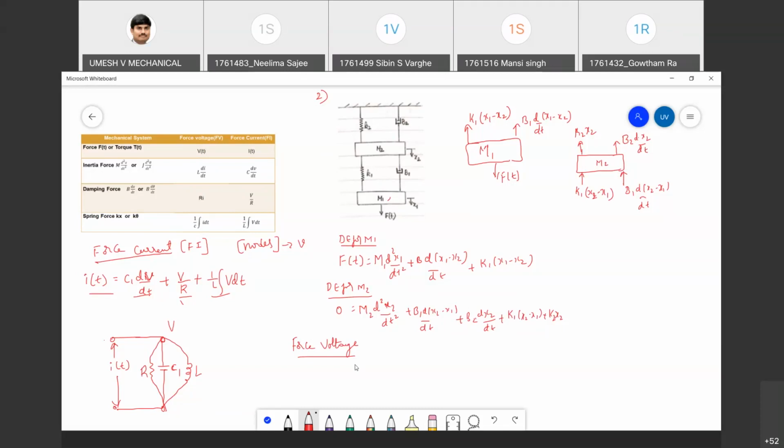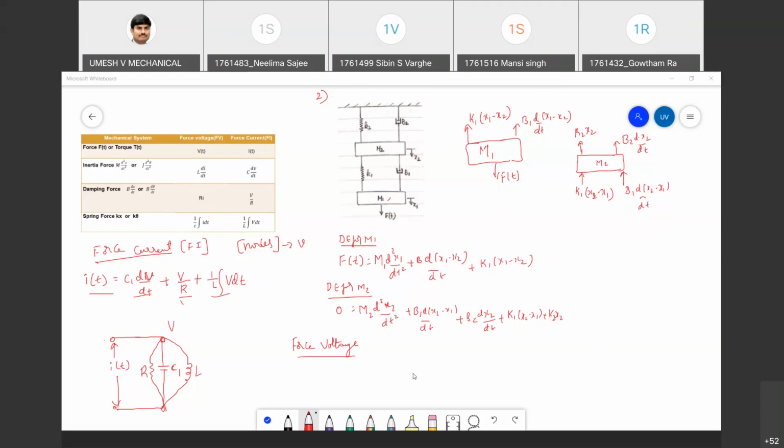I'll stop it here. Everyone copy this mechanical differential equation. Write the equivalent equations by referring to the table. This is your task for today. Tomorrow I'll explain how to draw the circuit. I hope it is easy to write the equation by referring to the table. Complete the equations, both force voltage and force current. I will tell you how to draw the circuit.